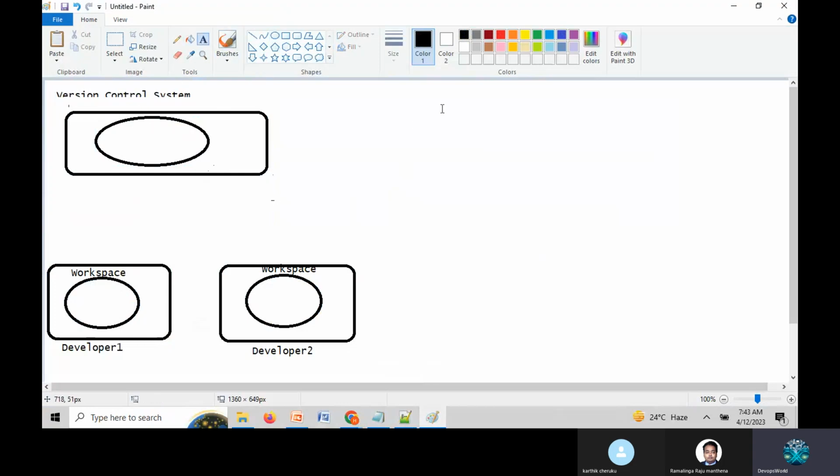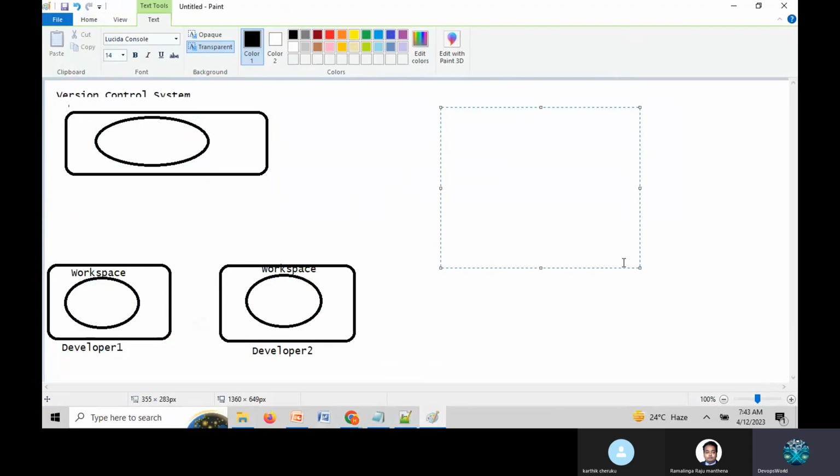There are two kinds of things: the workspace is nothing but the local machine, and the repository is nothing but the server. So we can say this works under a client-server architecture.